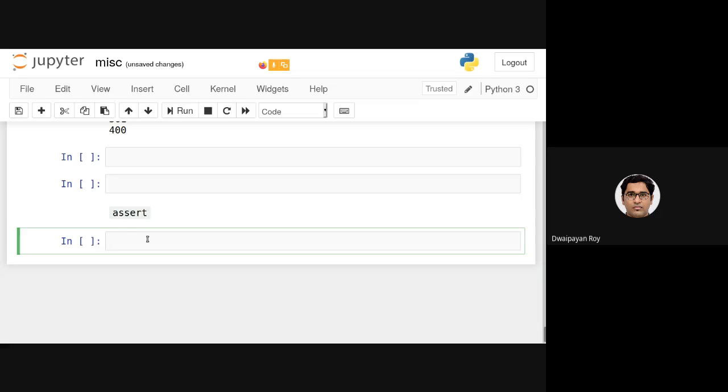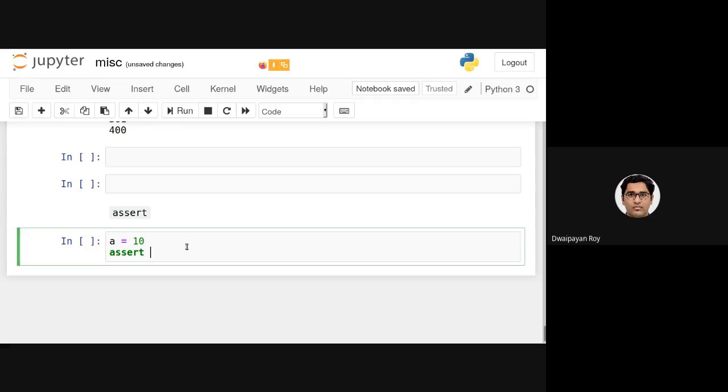It is used to check some conditions. For example, I have initialized some variable a equals to say 10, and an assert statement contains this assert keyword and then some condition. For example, I want to check whether the value of a is less than 50 or not. So I just need to put this,